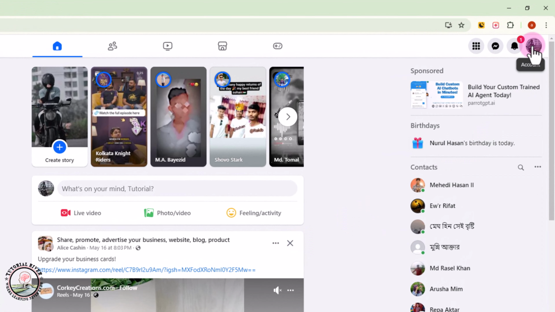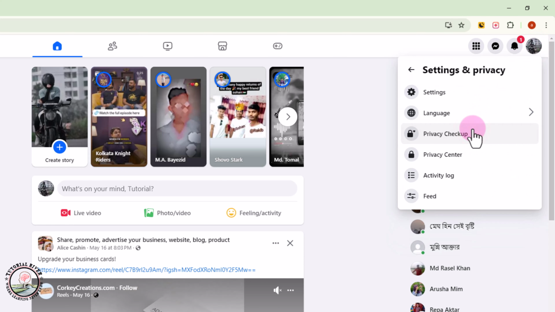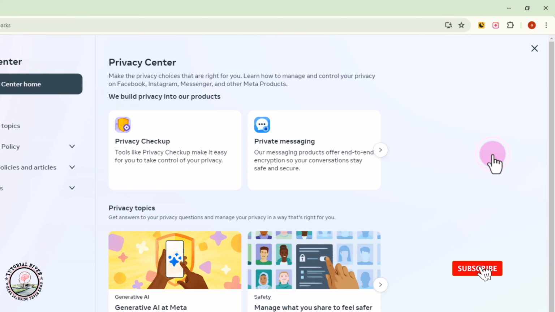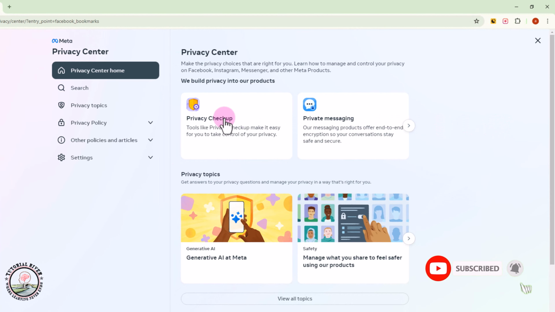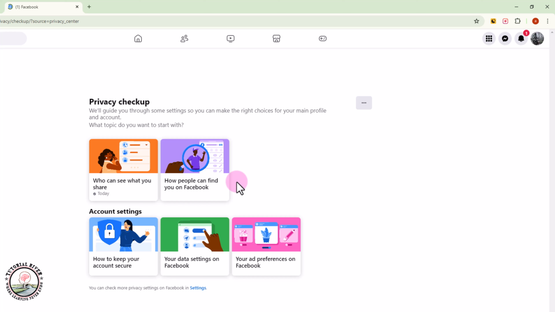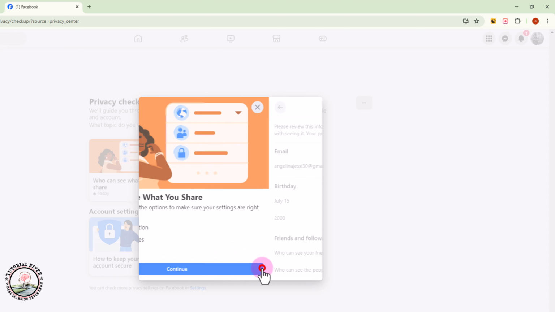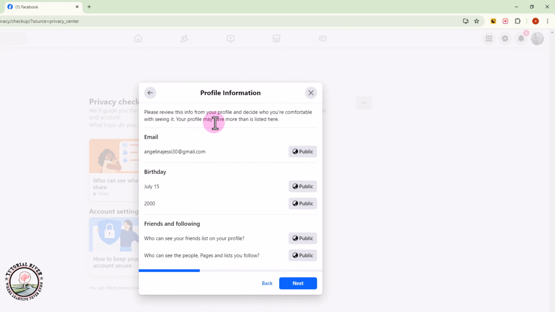Look at the right side, tap onto profile, click on settings and privacy, click on privacy center, privacy checkup, select your account, click on continue. Now shown here is all your information,